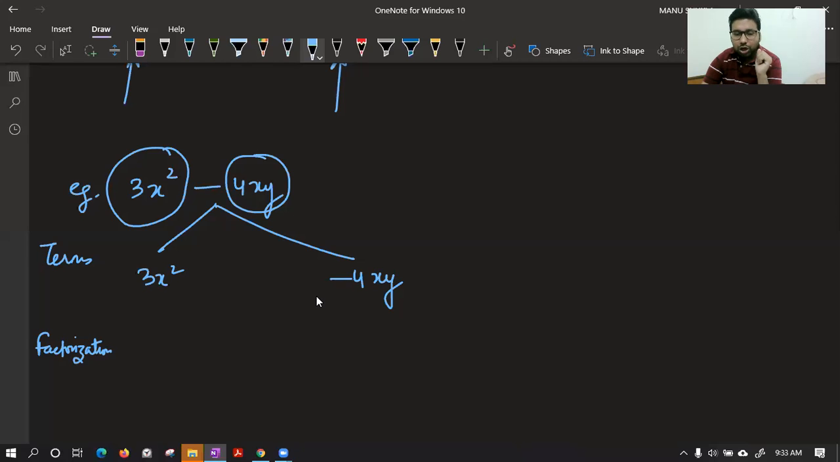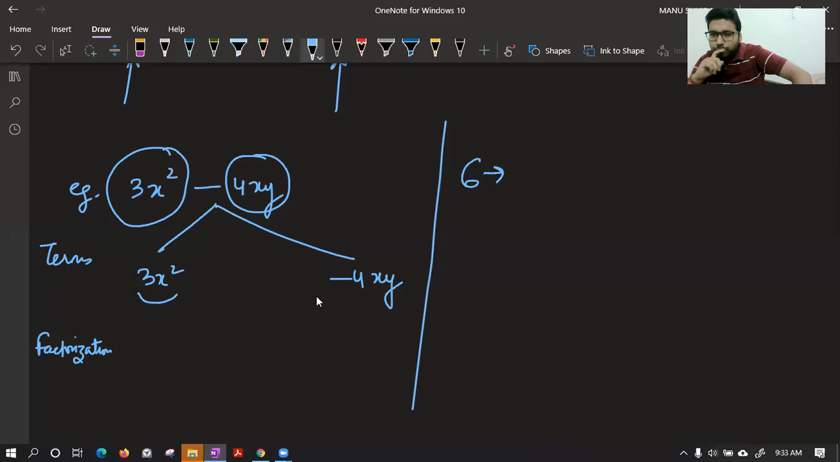Factorization. Now tell me, how can you factorize 3x square? No. Factors and terms are not same. Lavya, we will understand this thing. See, if you have a number, suppose 6, the factors of 6 are, please tell me, what are the factors of 6? Tell me all the factors in one line only. Yes, the first factor is 1, second factor is 2, third factor is 3, and fourth factor is 6